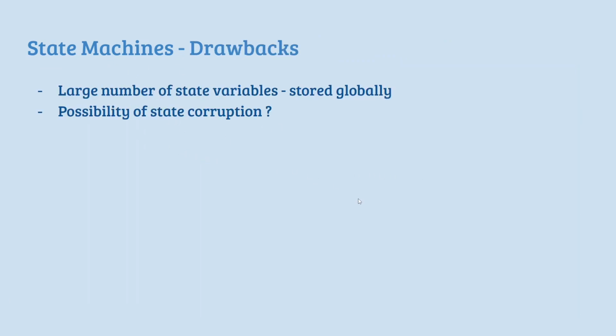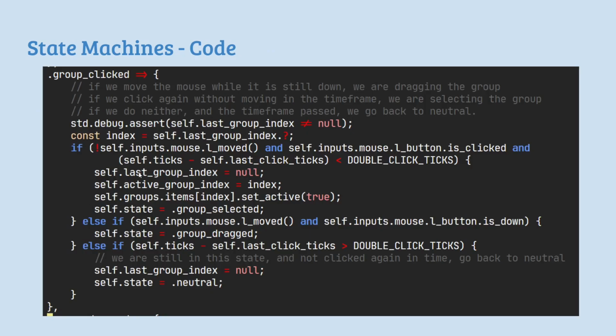So those are the positives. The drawbacks is each state might have its own set of variables, and these would be stored globally or in some commonly accessible location. So for example, here the last group index, the last click ticks, etc., which are things that are stored